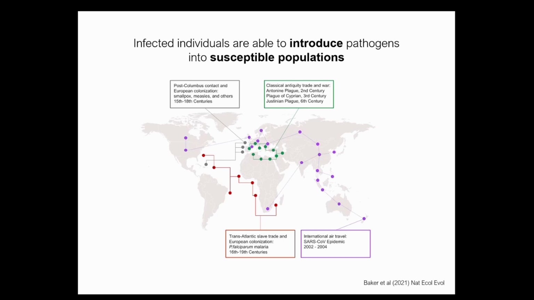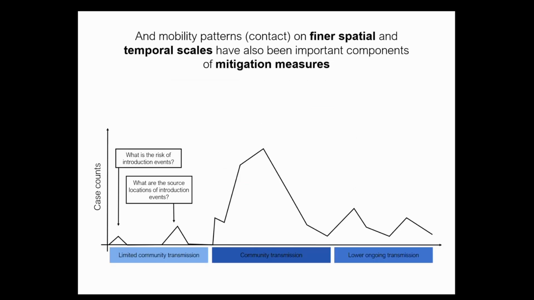And so you have colonization, which remains bad, where smallpox, measles, and others got introduced into other parts of the world. You have malaria being introduced from the slave trade. You also have the first SARS-CoV-1 epidemic, which was primarily driven by international travel. So people moving diseases is not a new phenomenon. But what has changed and shifted is how we want to understand that process, what timescales we want to understand it on, and how we can use that information in more real time.